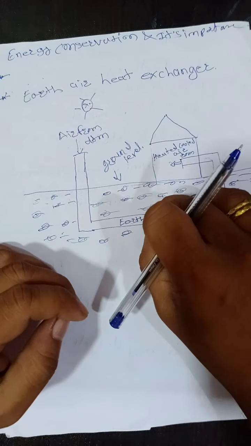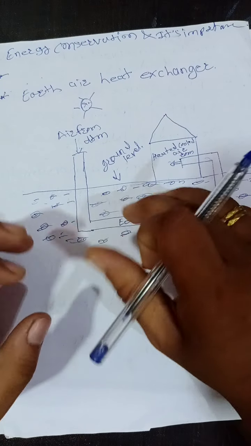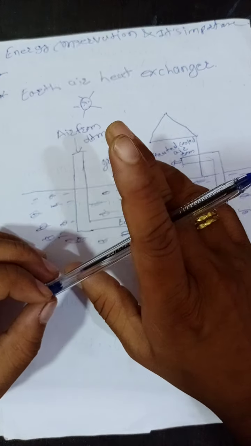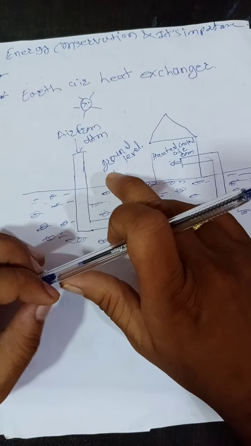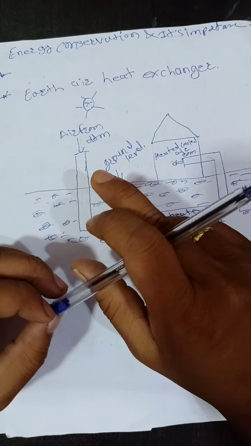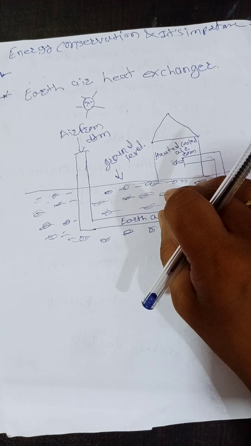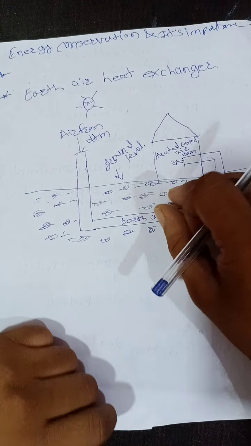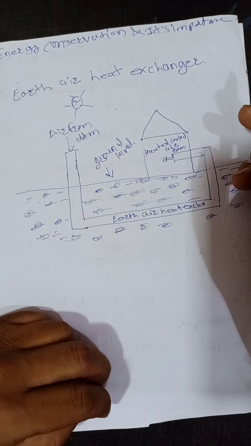Implementation of this system in India as well as in the cooler climates of Austria, Denmark and Germany to preheat the air for home ventilation systems has become fairly common since the 1990s, right? Then a ground coupled heat exchanger may also use water or antifreeze as the heat transfer fluid, often in conjunction with geothermal heat pumps. In energy conservation, the earth tubes are used, right?